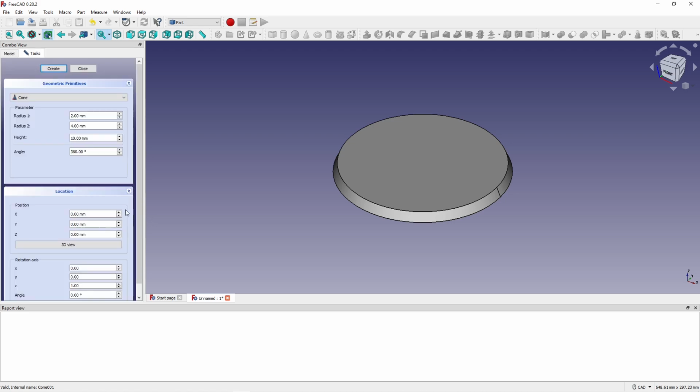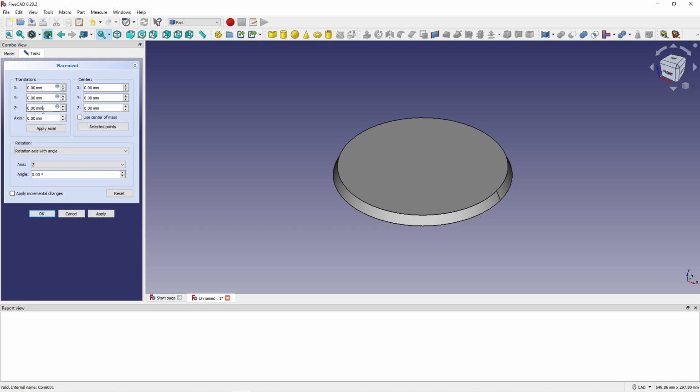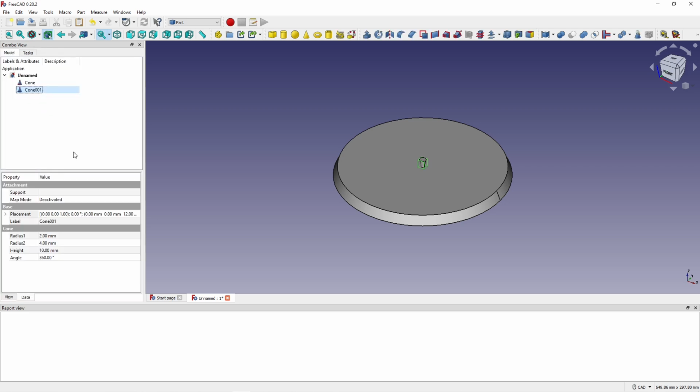We'll change the placement because if you recall, the bottom one is 12 millimeters high. So we need to move it to 12 millimeters up so it's above that one. See, and there we have a little one just above it. Teeny weeny little one. I don't know what happened there. So once again move it to 12 millimeters up. So now it's sitting on top of it. And change it so that the bottom radius is 30. I'm adding 5 millimeters again for the draft, so the top one's